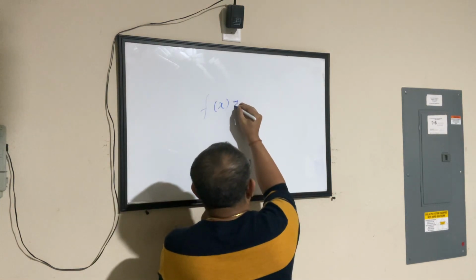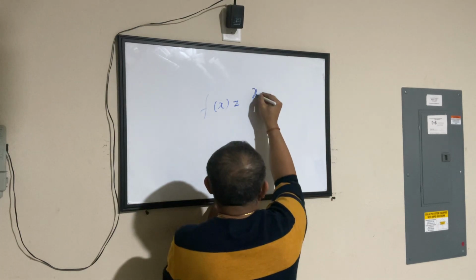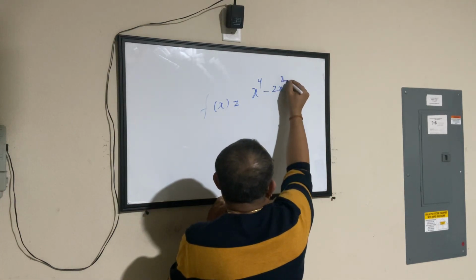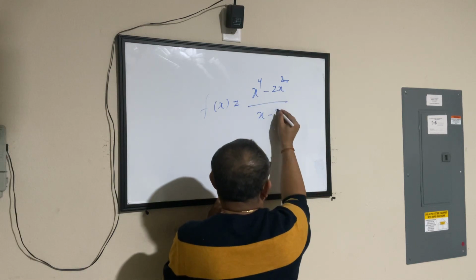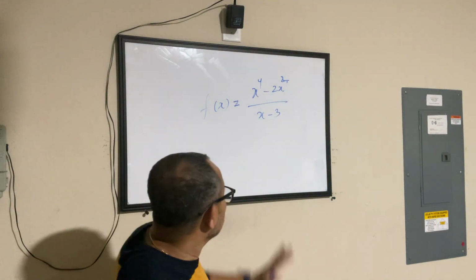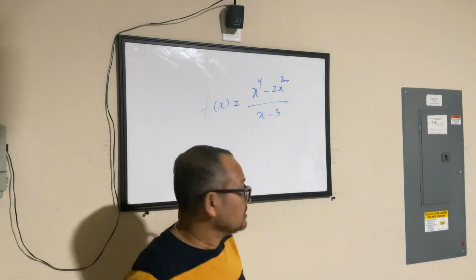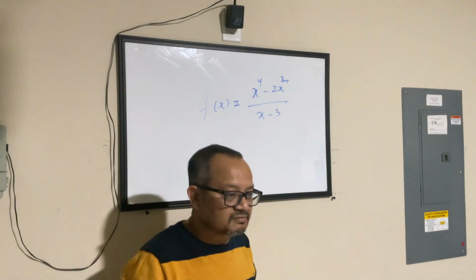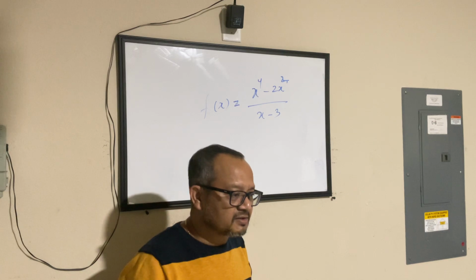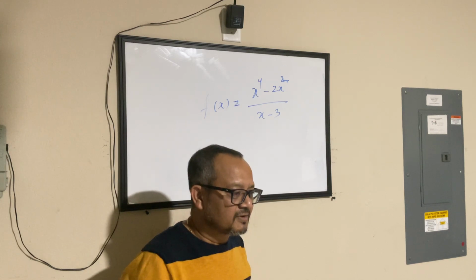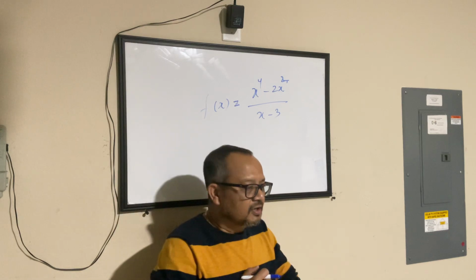So let's say the expression that we were looking at, x to the power 4 minus 2x squared divided by x minus 3. So this is a rational expression and we have converted that to a function. So this we will call a rational function. You are with me, everybody? Yeah? Okay. Now,